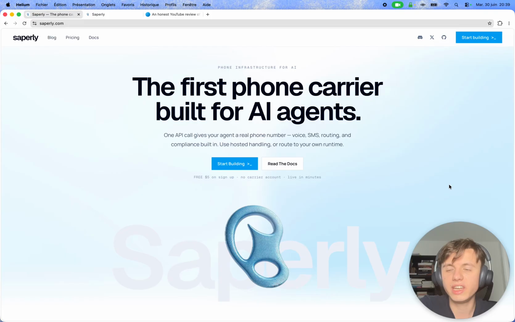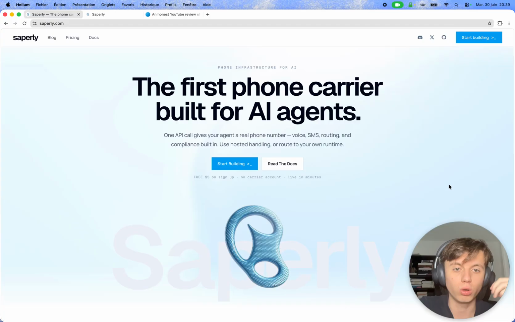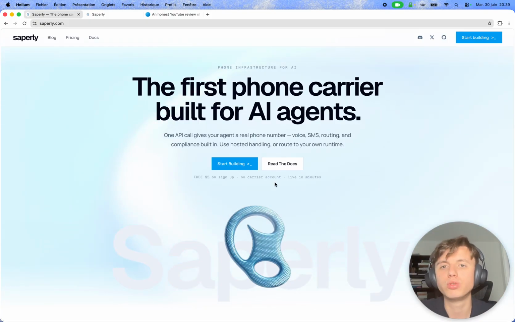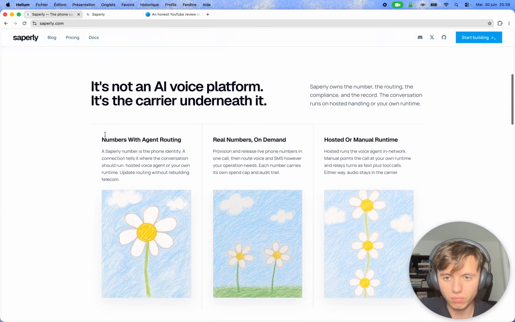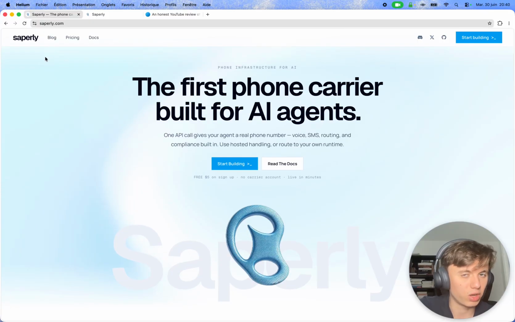And the whole idea here is to get even deeper and take a look at whether we can send actual SMS, whether we can pass calls to our agents. And I think that's a cool interface, and that's pushing the boundaries really, and it can unlock some cool use cases. And we are going to do that with Saperly.com. That's the product that we are going to try out in today's video to see whether we are able to actually pass calls, send SMS, and so